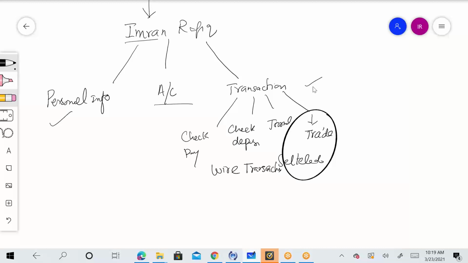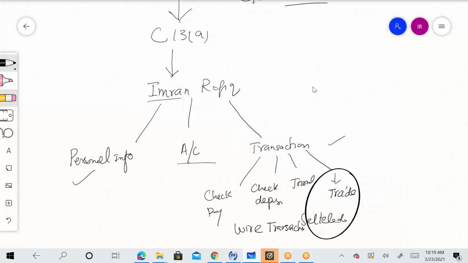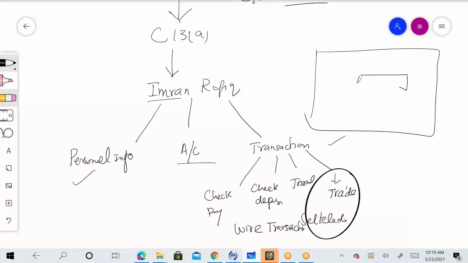Now, every day, investment banking department gets so many requests. Fulfilling all these requests in a timely manner was becoming very hectic and very problematic for the team itself. So what they decided was, why can't we design an application, a search bar application, where we can bring all the data from accounts, from transaction, from personal information, and we can integrate all these data sources